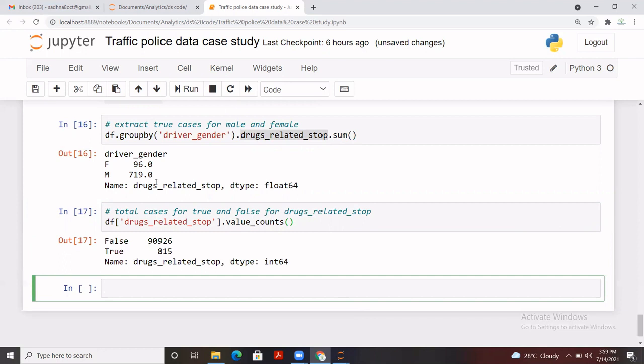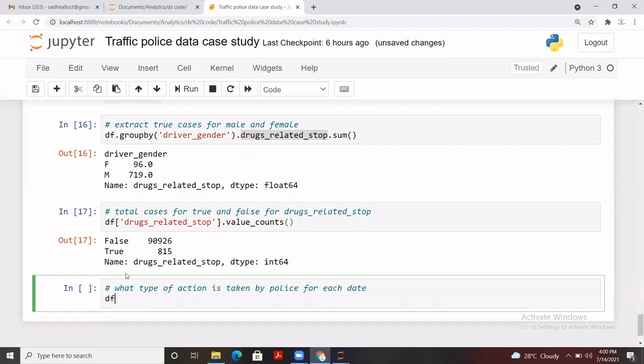So for example, we want to check what kind of action is taken by police on each date. What we can do is apply groupby on stop date and then stop outcome, the other variable that we can use, and then apply value counts. Let me apply it here. What type of action is taken by the traffic police for a stop for each date, let's say.